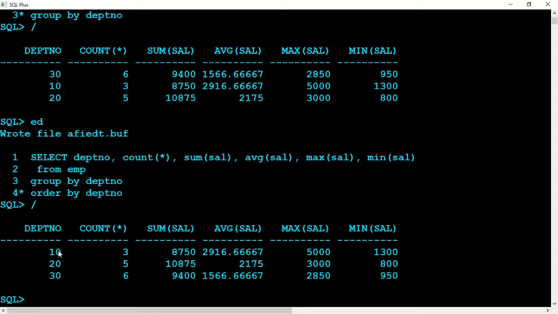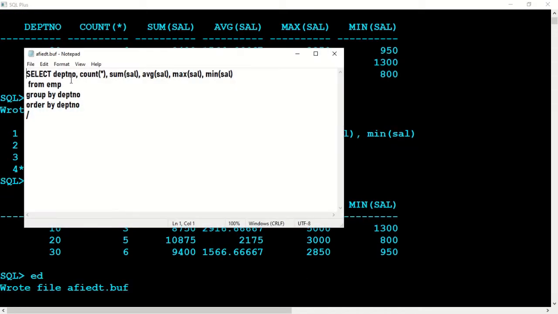Now forget that, let's say that we want job wise. Okay, for example, if we want job wise, so we'll say ED, and instead of department, I'll say job, JOB. Now job, we have to group it by job. When you say job here, you want to group it by job, so we'll say job here. Okay, and order by job. So the job column is ordered properly from A to Z.